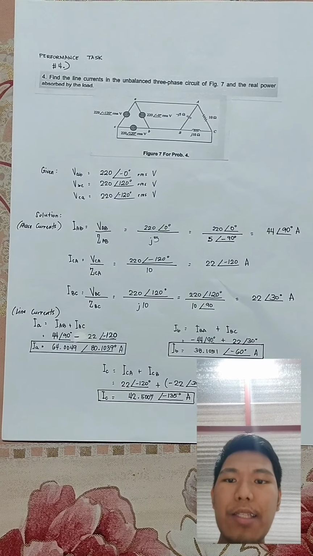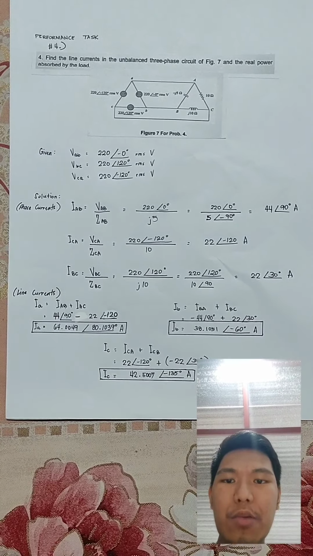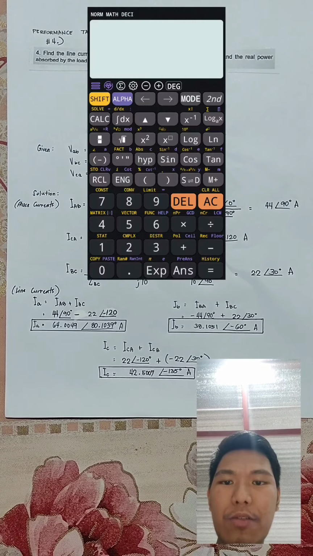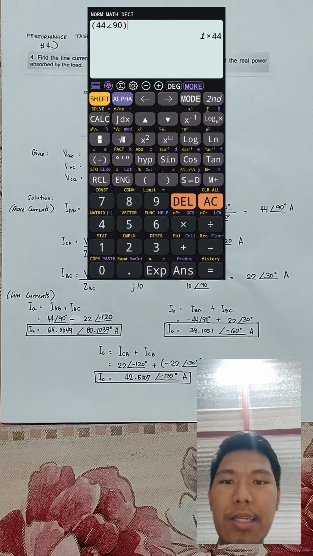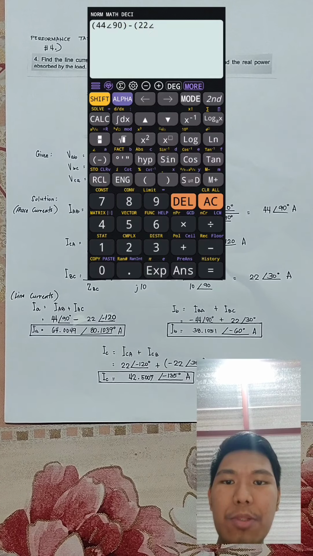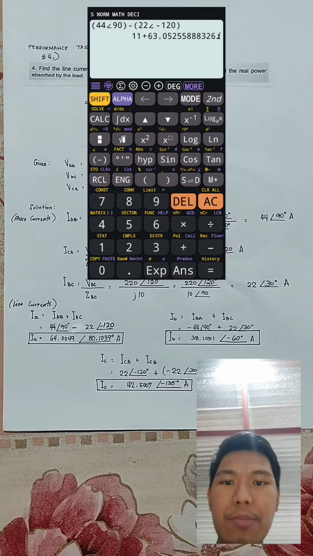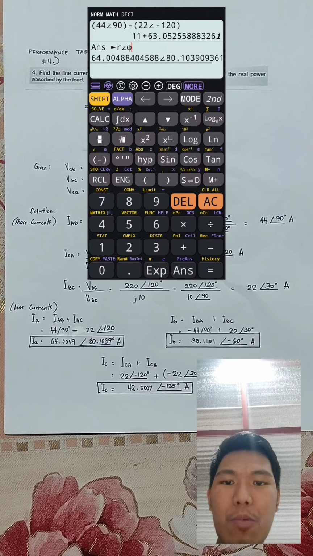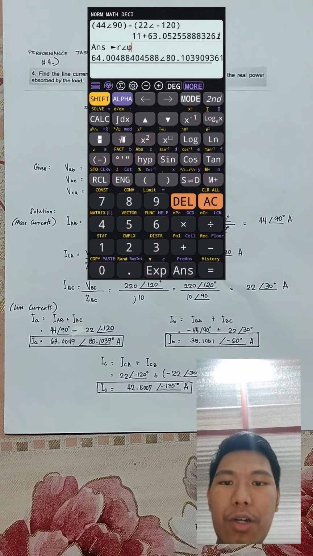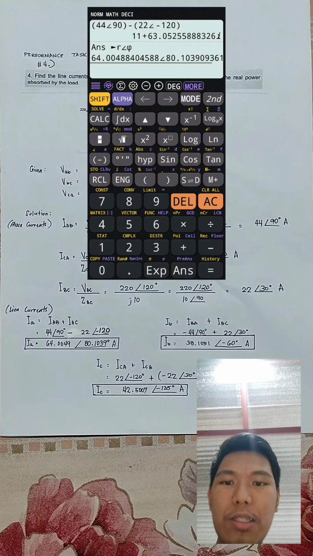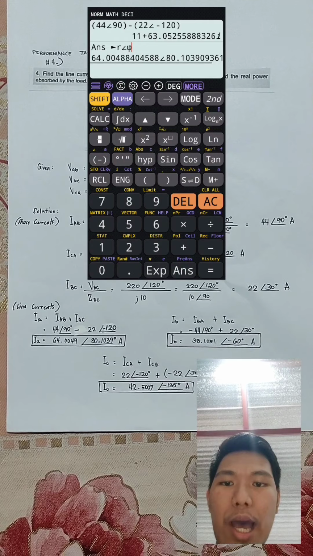Now we can find its line currents. IA equals IAB plus IAC. IAB is equal to 44 ∠ 90 degrees and IAC is the opposite of the ICA, which is negative 22 ∠ negative 120 degrees. 44 ∠ 90 degrees minus 22 ∠ negative 120 degrees is equal to IA equals